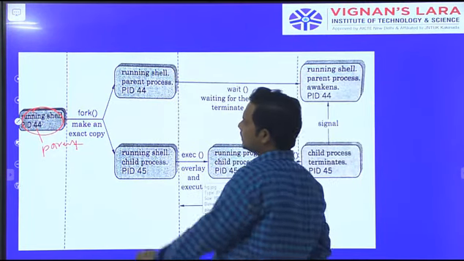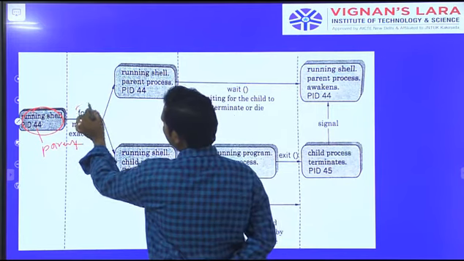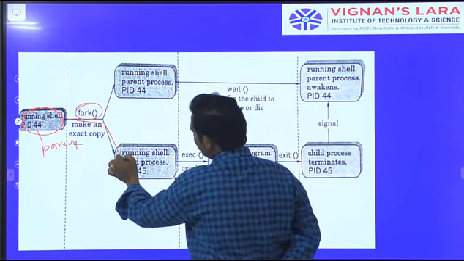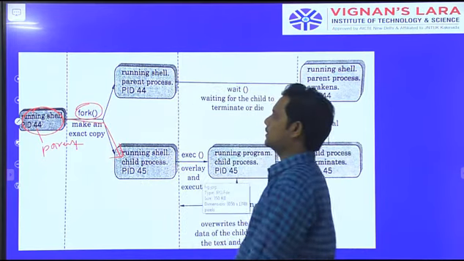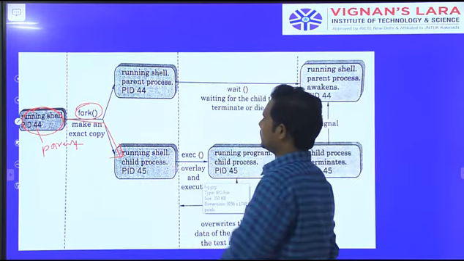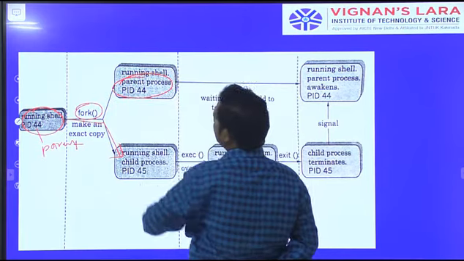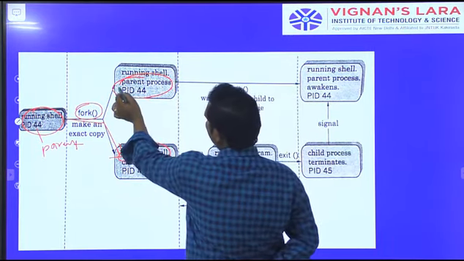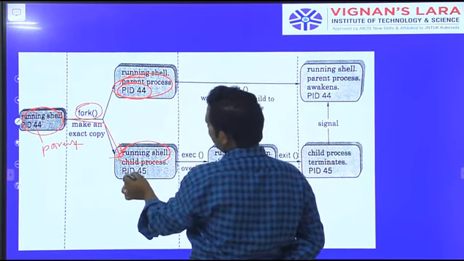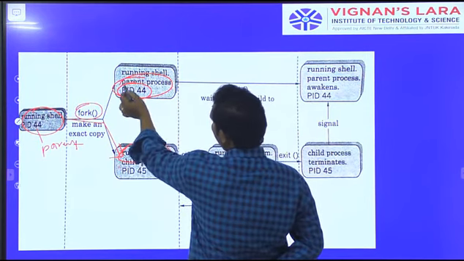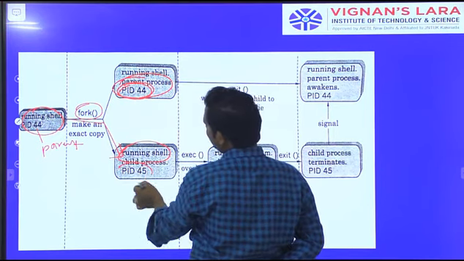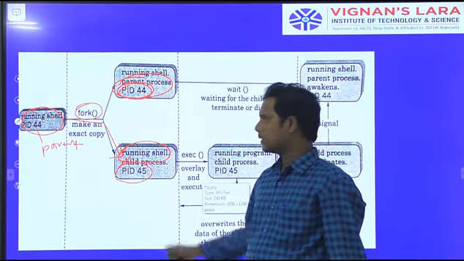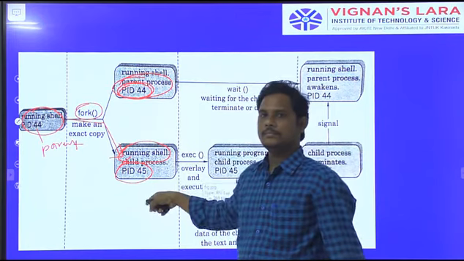The parent process uses the fork system call to create a child process. This is the parent process and this is the child process. You can observe the parent PID is 44 and the child PID is 45, because it is a new process. That's why the PID is changing.